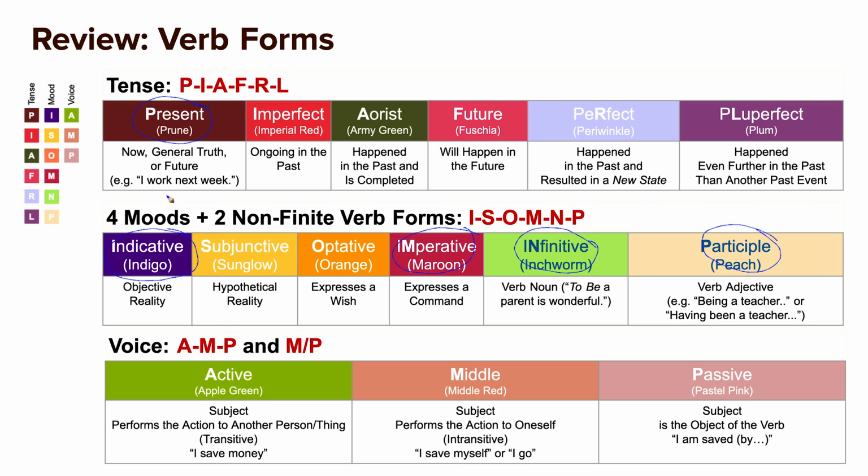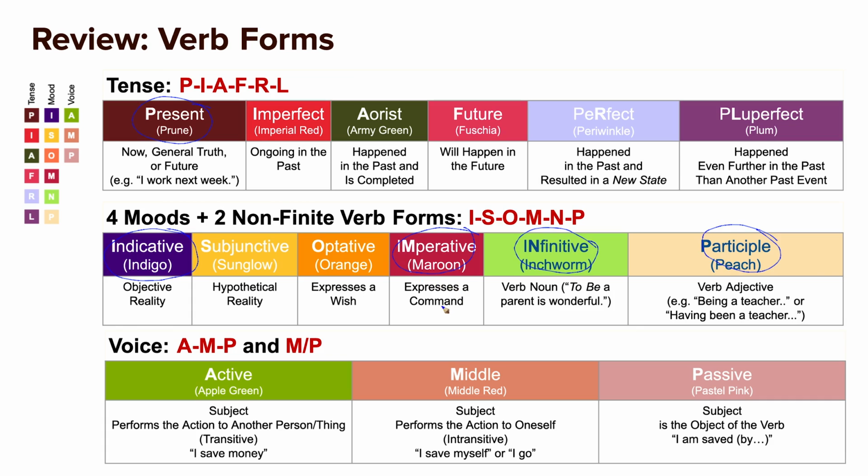And then we also have several other moods. Indicative describes your objective reality, like your day-to-day experience. When something's hypothetical and might happen, it's called the subjunctive. And this is much more common in ancient Greek than it is in English. And then we have optative, which is not very common, but whenever you say, so might it be done, or may it be as you say, that is an example of optative.